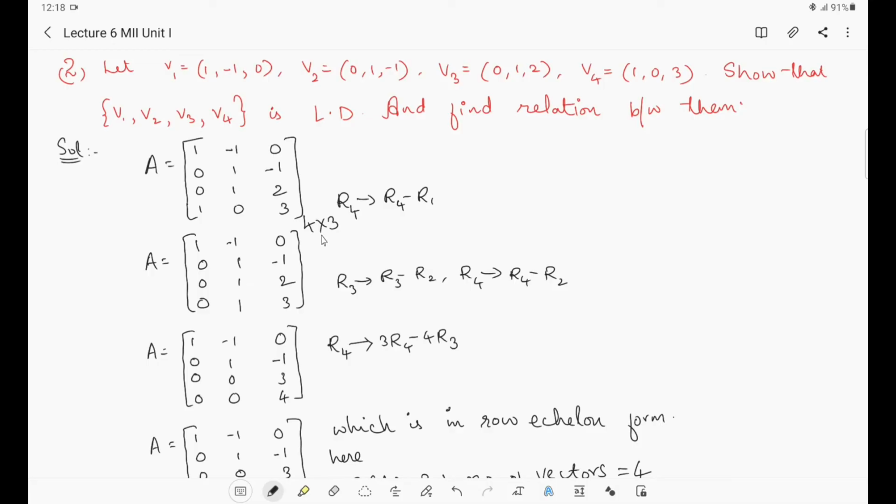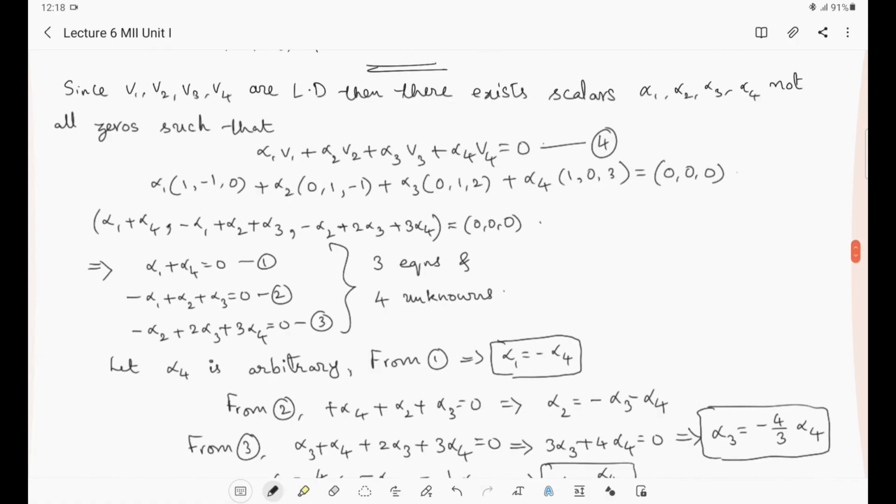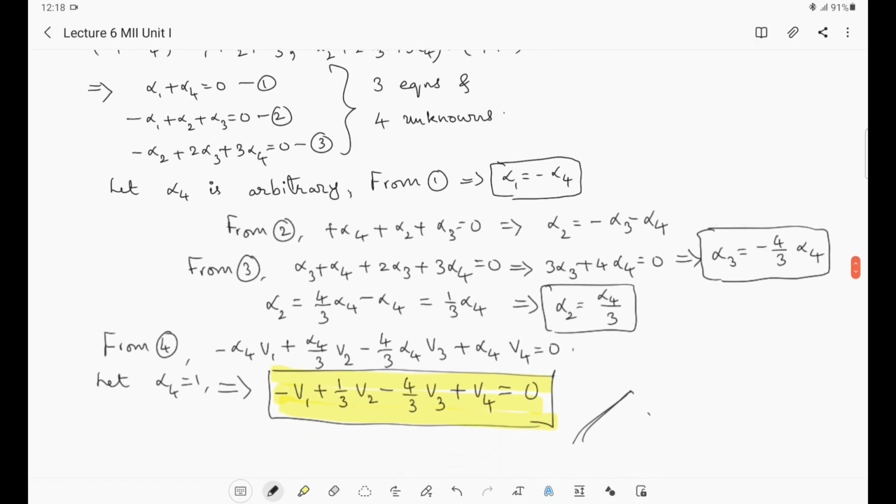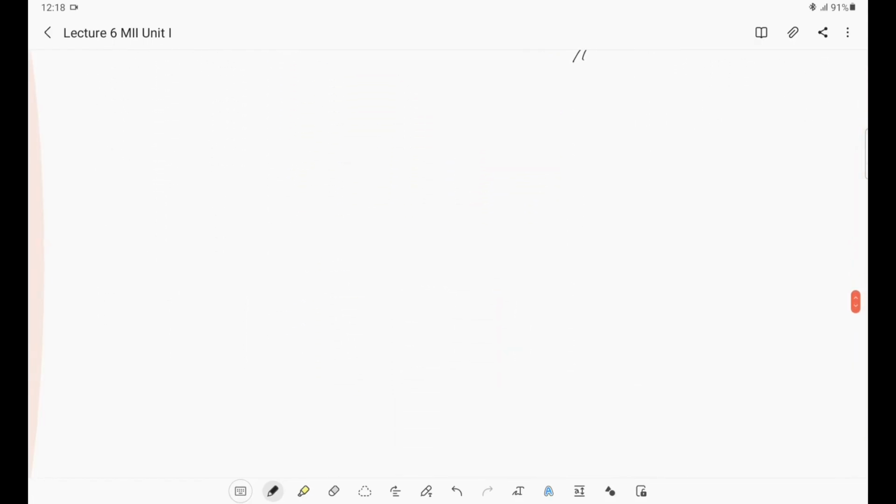Now let us make this a little bit easier. The way to solve problems related to linear dependence and independence when the vectors form a square matrix, right? When the vectors form a square matrix, how to solve that? That we are going to discuss now. So we will make a note.